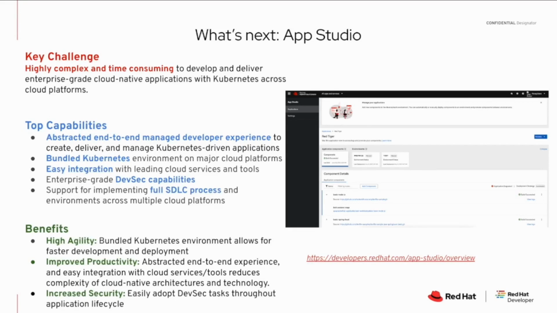It gives you a unified experience of going from end to end with security choices and with advanced capabilities where you require it. This will make you really fast, give you high agility because it's bundled, so you can just start experimenting right away without having to set up any kind of Kubernetes or OpenShift environment. The abstracted experience will just make it easier, remove all the complexity of the underlying technology and the configurations of Kubernetes. It's just a very simple, rich user interface, simple CLI.